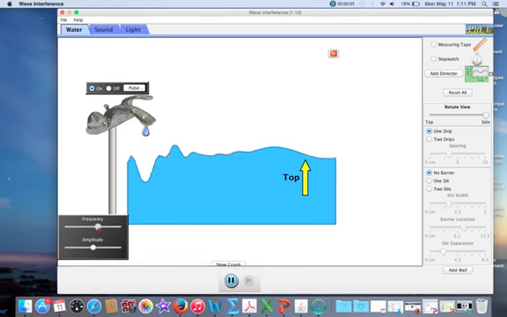And we can adjust the frequency. So I'm going to increase the frequency, and I can see how that changes the wave. It still travels to the right, but the crests are now closer together. And so that means that if I were to measure,